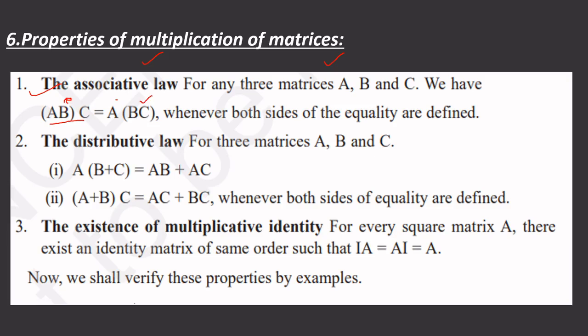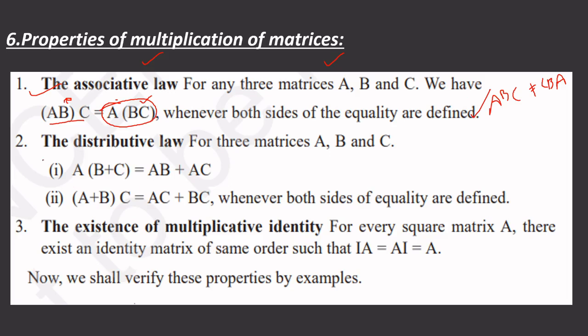first we multiply BC and then A. But we can say that ABC is not equal to CBA. Okay, we have to be careful about that, and we have seen in the last slide and previous slide that AB is not equal to BA.